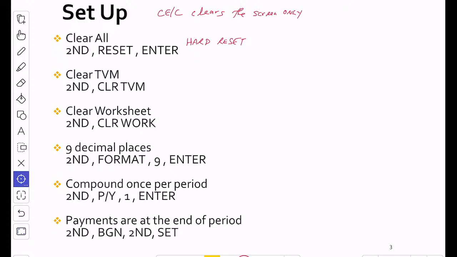The final setting we're going to make is that payments will be assumed to be at the end of a period unless otherwise given. So what am I talking about? When you're looking at a horizon and you're looking at cash flows over the future,